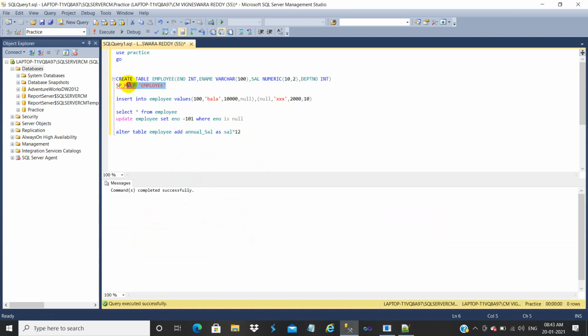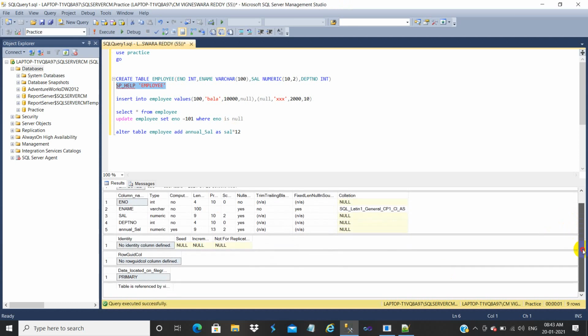So now you can see the definition of this table. So annual salary, whatever data type we have given to the salary column, the same data type you are going to get. And here you can see computed column. For a computed column you need not worry about providing values, they are provided automatically, whatever values we have. This is a calculated column, nothing but a computed column. Okay, so if you give 7,000 something,